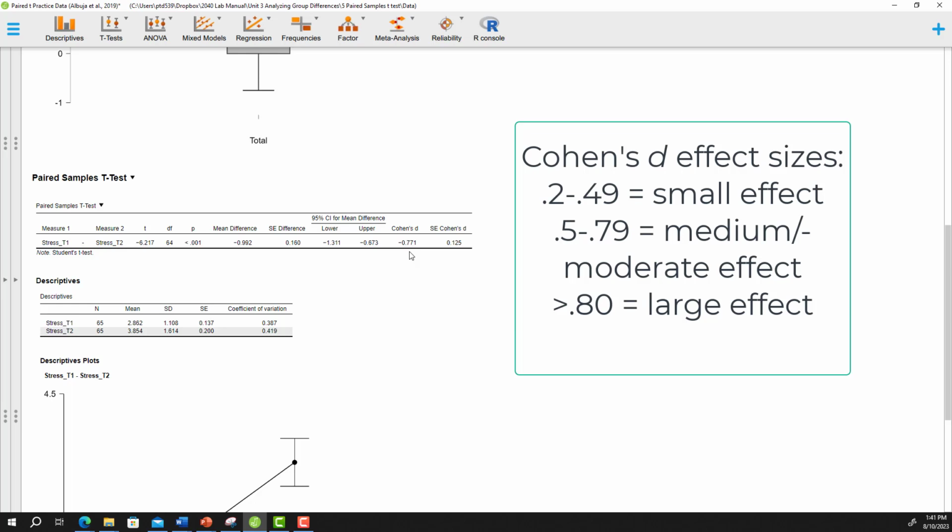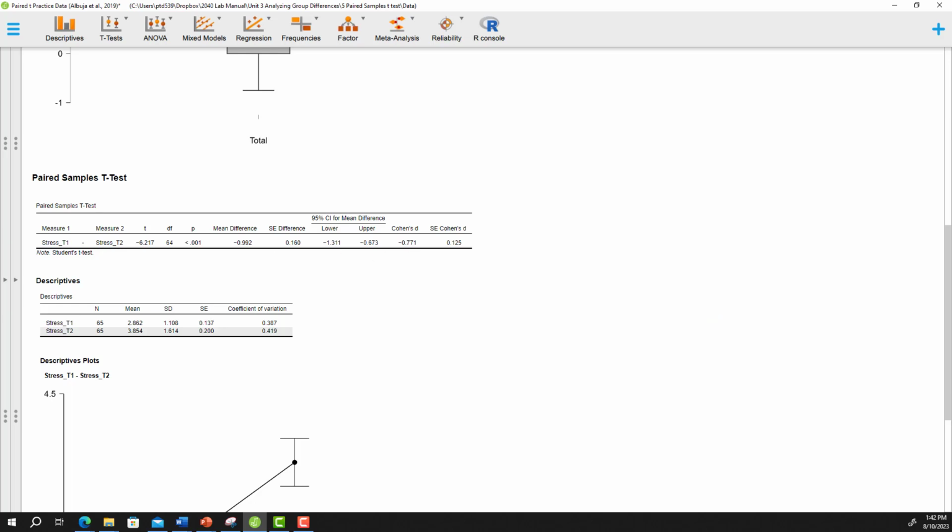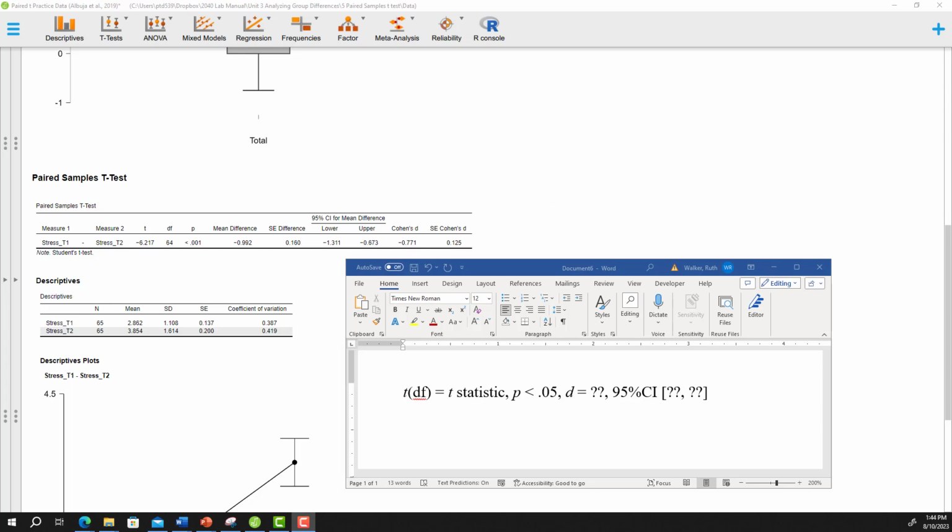So the difference in stress levels for these participants who had their American identity denied was almost large, moderate to large. And that means that in terms of the impact on their levels of stress, this was pretty meaningful. So let's talk about how we report this and write this up in APA format. This is just a brief way of reporting. We have the general formula for APA format when we're reporting t-statistics. We have t, degrees of freedom, followed by equals the t-statistic, our p-value, our Cohen's d value, and our 95%